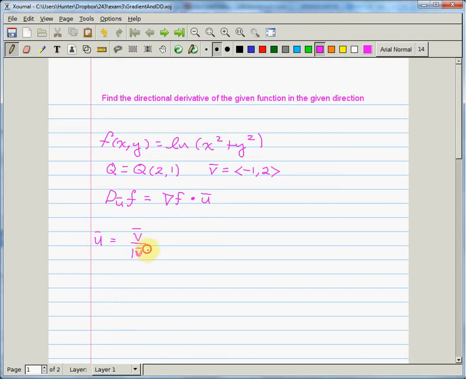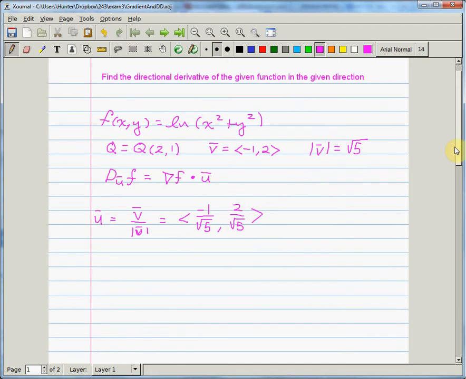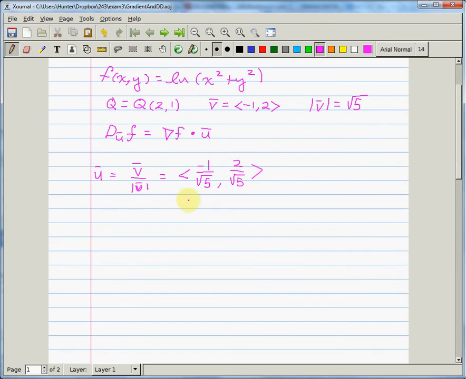And my handwriting is not great. So what should these things be? So it's easy to convince yourself that the norm of v is the square root of 5. I take it that's a no-brainer. And so that means v divided by the norm of v is going to be minus 1 over the square root of 5 and 2 over the square root of 5 in this component. Okay, so now we have a direction which has a unit magnitude, and now we're going to find the